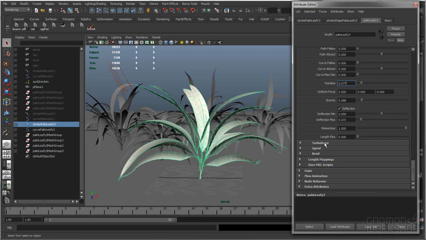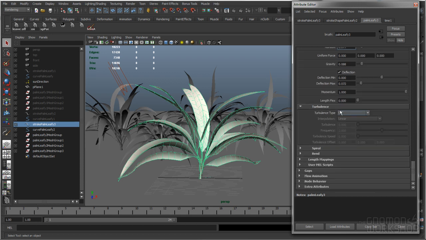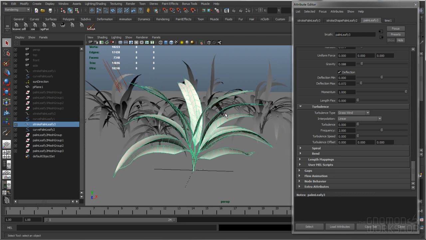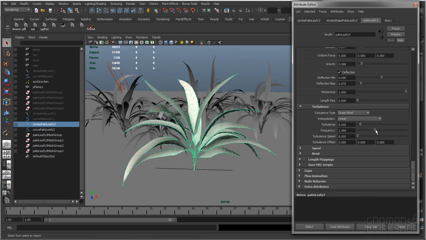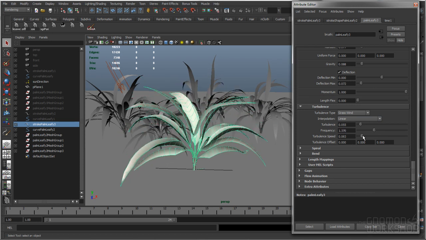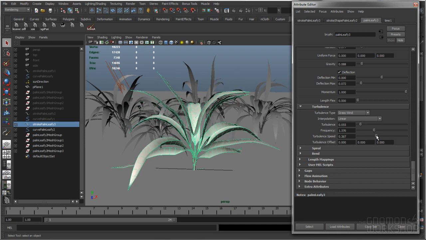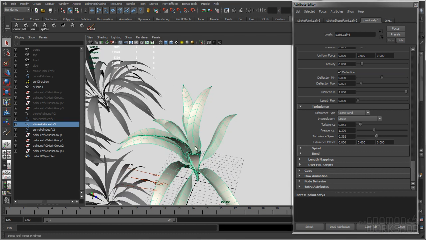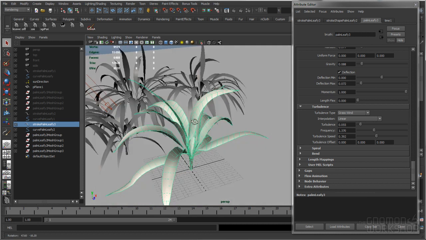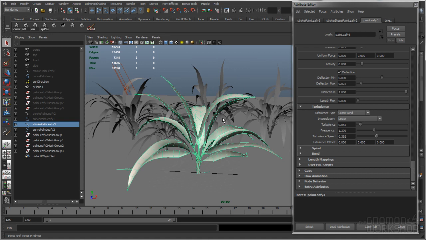And then if I go under turbulence, turbulence is off, but I could choose to add a little bit of turbulence. You can experiment with all of these, but usually grass or wind is what I'm going to use. These can be used for animation, but that's something we get into much later. But I'm just going to go in here and add a little bit of turbulence and adjust the frequency of the turbulence and mess with the speed value just to see different variations on those turbulence settings. So now it's added a little bit of randomness. So you can see that this leaf, instead of being totally straight, is bending to the side a little bit. So that looks kind of cool. So again, I added a little bit of turbulence,